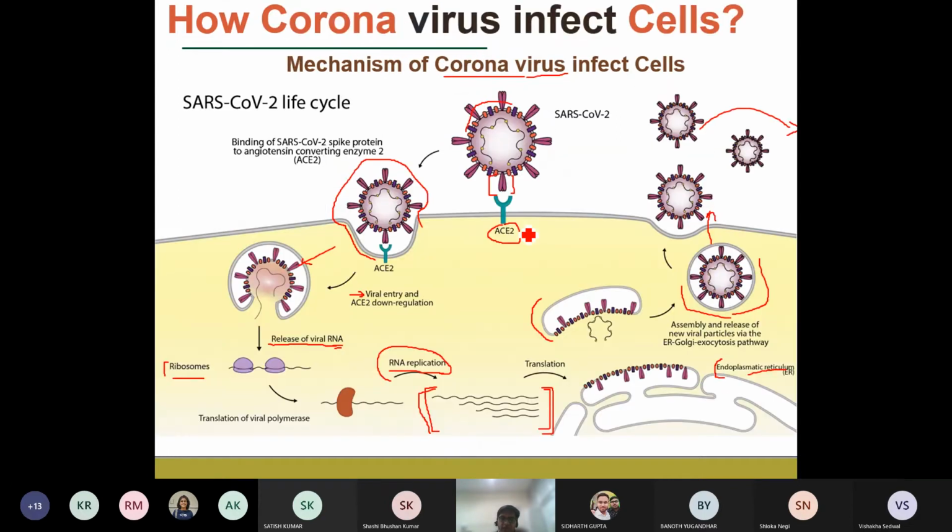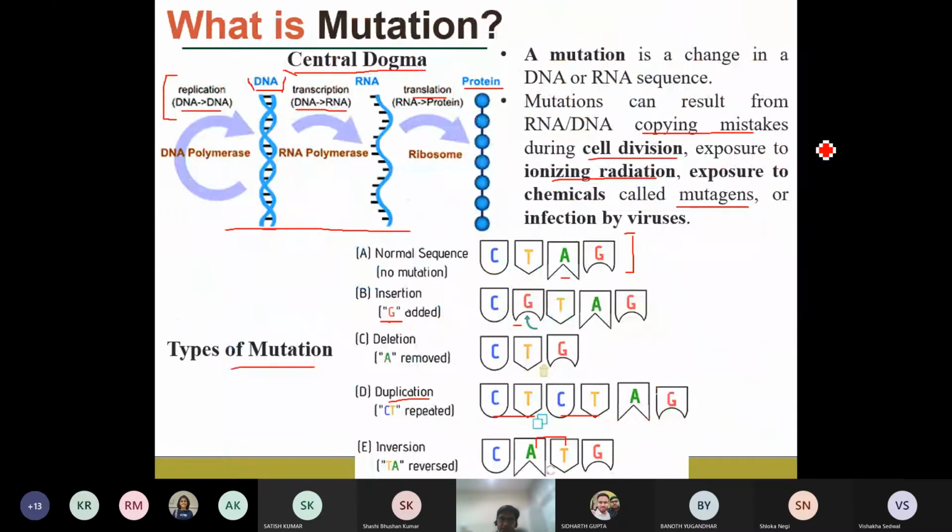Then we looked into the mechanism of replication of this SARS virus, how it attaches to cells present in the lungs, and how it is replicating, meaning how it is increasing its numbers. If one virus is infecting, how are multiple viruses produced, and how do these viruses in turn affect the neighboring cells in the lungs?